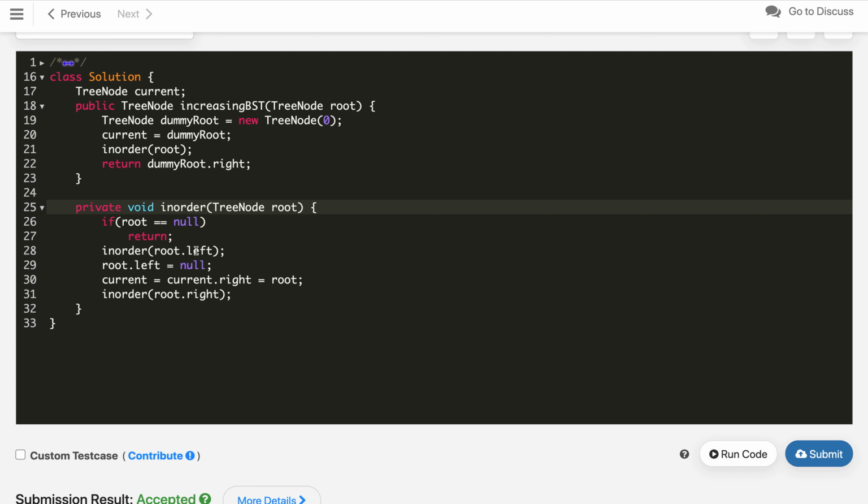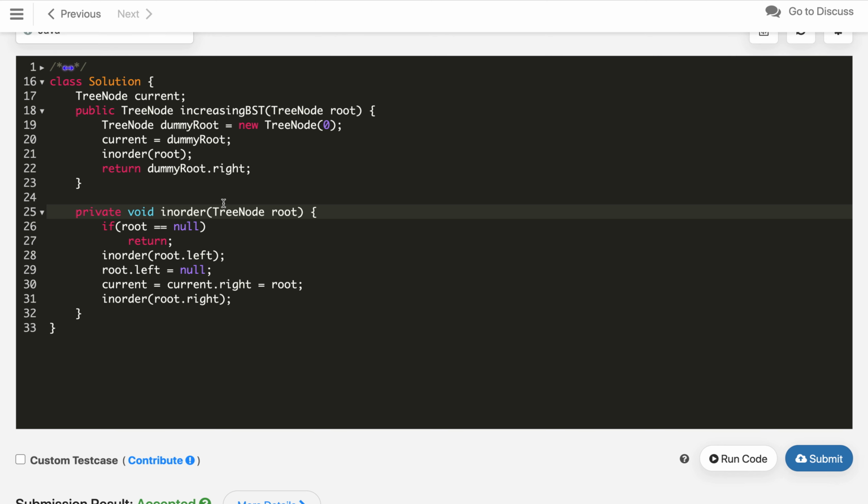So the time complexity and space complexity of this solution: time complexity is the same, O of n, as we are processing all the nodes, while the space complexity is reduced from O of n to O of stack, whatever the recursive stack is taking, which is the height of the tree. So this is the solution where we are traversing as well as relinking the nodes and constructing the new tree.